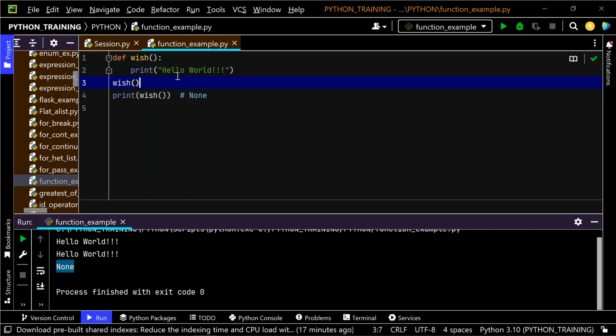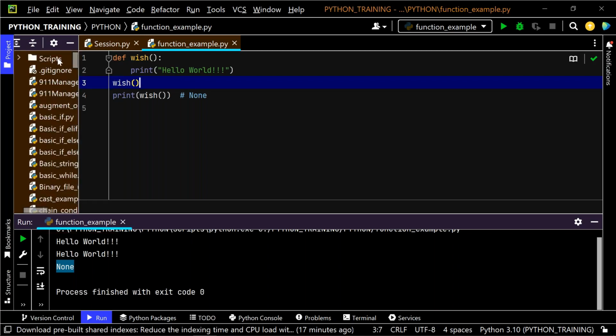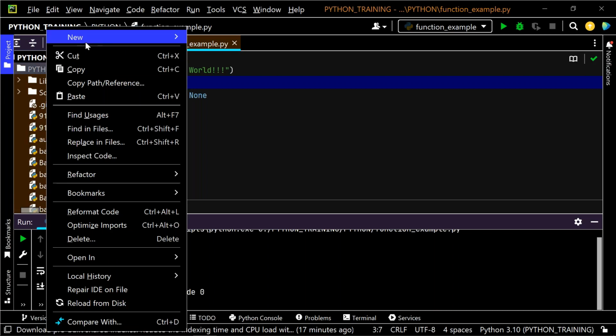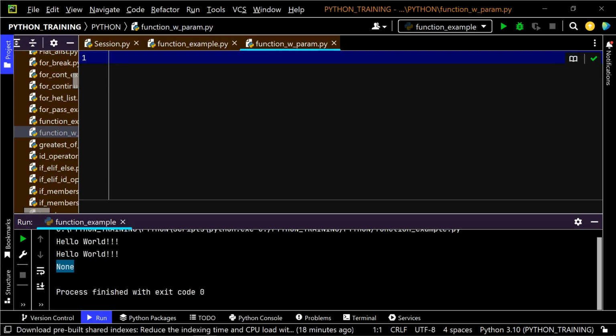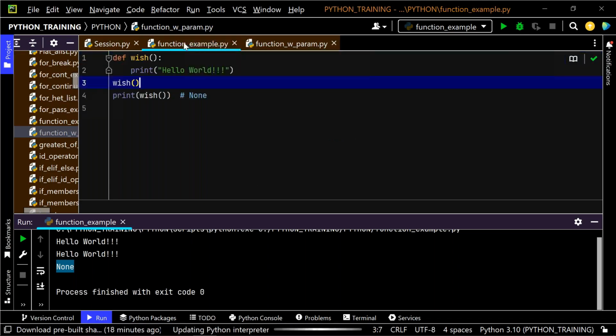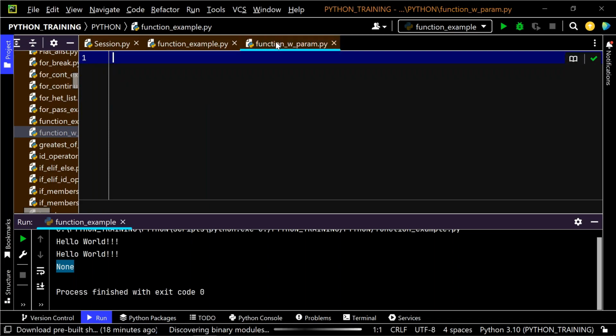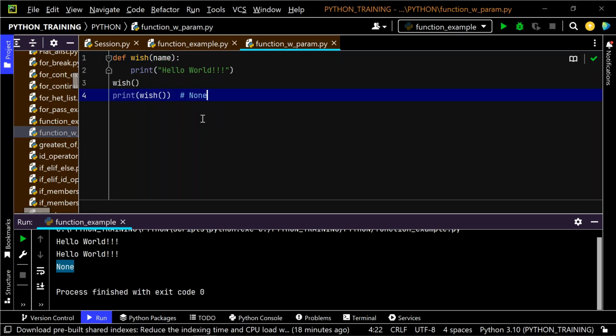Now I want to write some function. This is a function without parameter. If I want to write a function with parameter, how can I write that? Now look here, function with parameter. Okay, now here we go. What I'm going to do is copy paste the same piece of code and put it here. Instead of with, I'm giving here name. It is interesting, just try to understand here. Now I'm giving name, and here I'm giving hello,